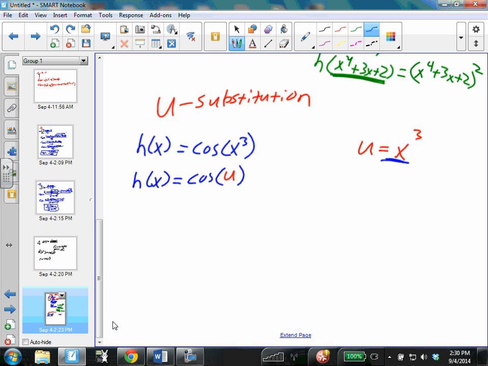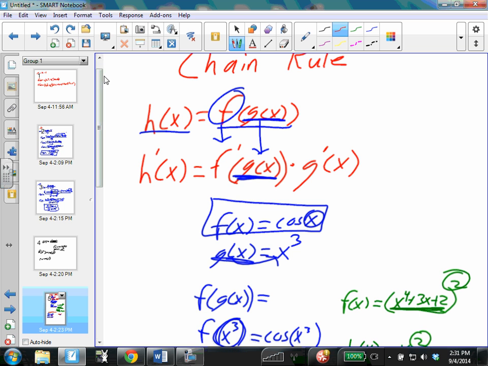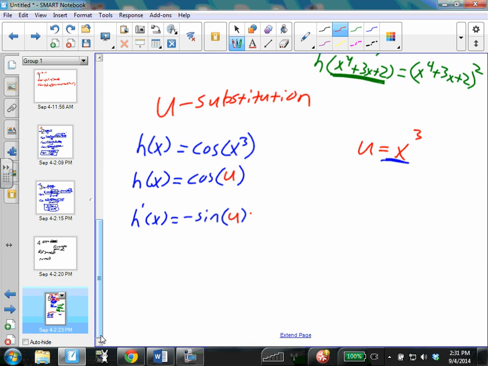Now, the derivative here is pretty simple then. h prime of x is equal to, what's the derivative of cosine? Yeah, so the derivative of cosine u is negative sine of u. So what the chain rule allows us to do is we can just take the derivative of that outside piece, right? That was the first part up here. We said we wanted to take the derivative of the outside piece, leaving the inside piece alone. But then the only thing that the chain rule requires us to do is to multiply by the derivative of the inside piece, which is the derivative of u with respect to x,